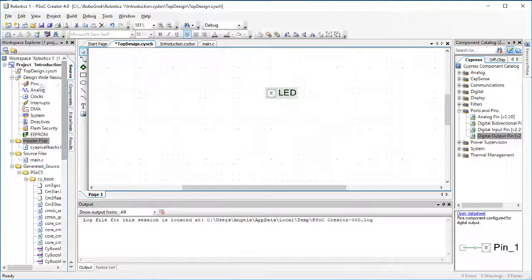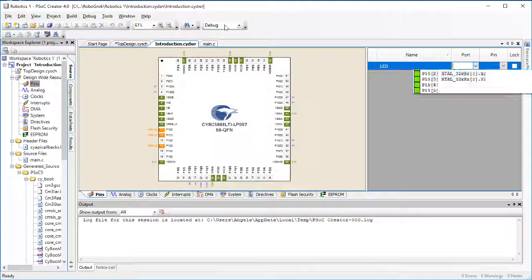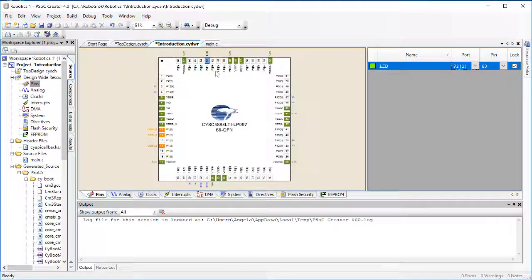Next, we want to go to the Pins window, which is over here. Double click on Pins. And now in your Pins window, you see we've added a line called LED. Click on the Port drop-down. Here's where we can choose which pin on the PSoC this pin is going to be tied to. Select 2-1 like this,